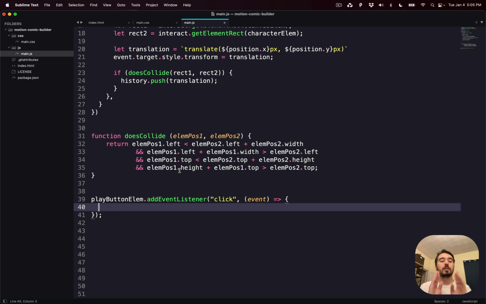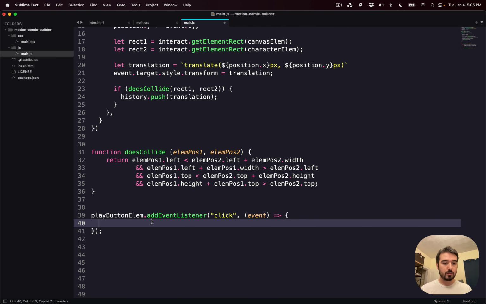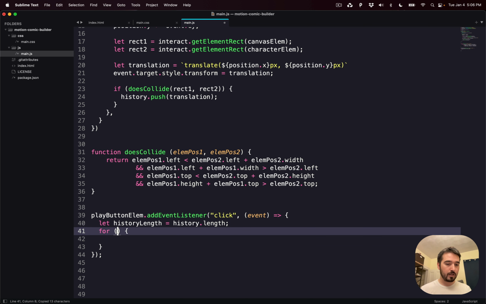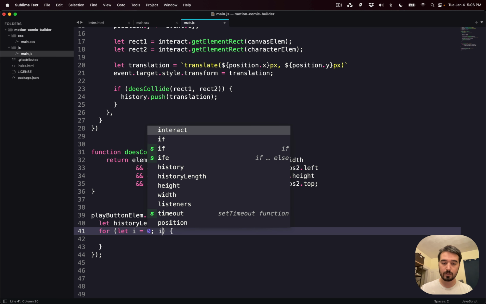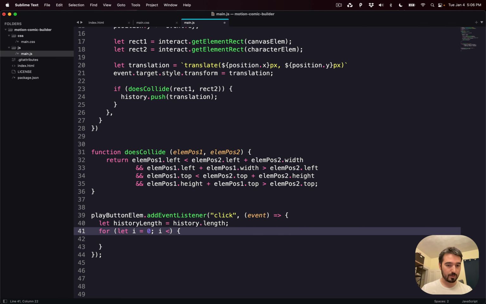Ooh, and what are we going to do here? All we're going to do is just loop through the history. Of course, this isn't going to work, right? But let's just do it anyways. So let's do history length first. I've heard that this can improve performance slightly. So we're going to grab the length of it ahead of time because in a for loop, it runs every time. And getting the length, I think, is more expensive than just having it predefined. Okay, so we're going to say let, I don't know actually what's more performant, let or var in here, let i equals 0. This is the one that determines whether it keeps going, so we're going to do i is less than history length,